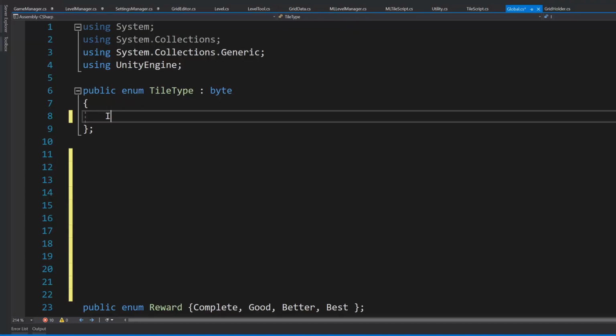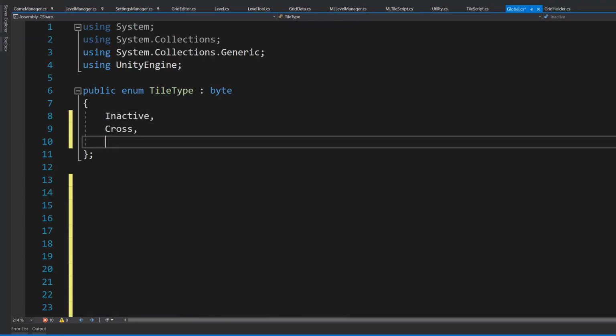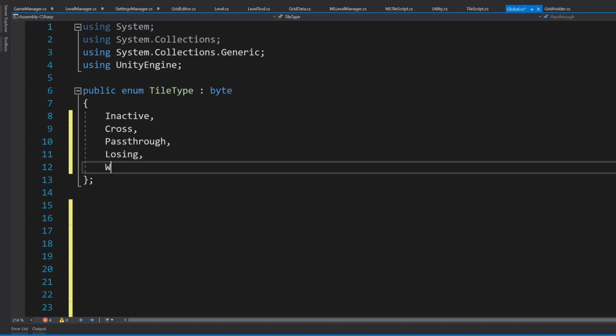I store the type of a tile using an enum. An enum is a user-defined type and generally used to store the state or the type of an object. For example, if you want to store if an animal is a mammal, bird, fish, marsupial, etc., an enum can be used for it. I defined the 5 types of tiles in the enum. But these 5 types don't account for the active and inactive variants of these tiles. So I'm going to use bitwise operations to create the active and inactive versions of these tiles.